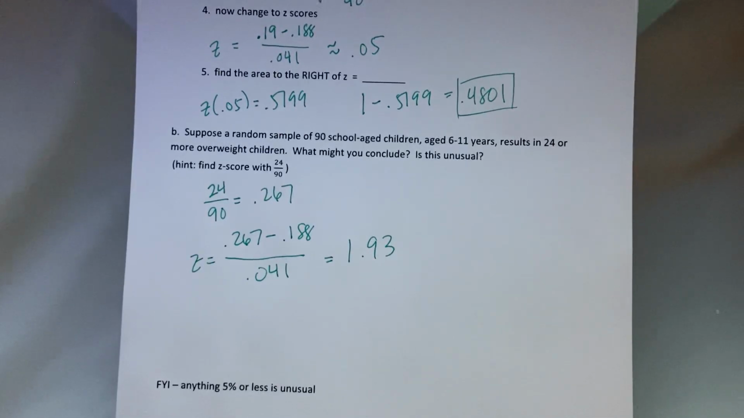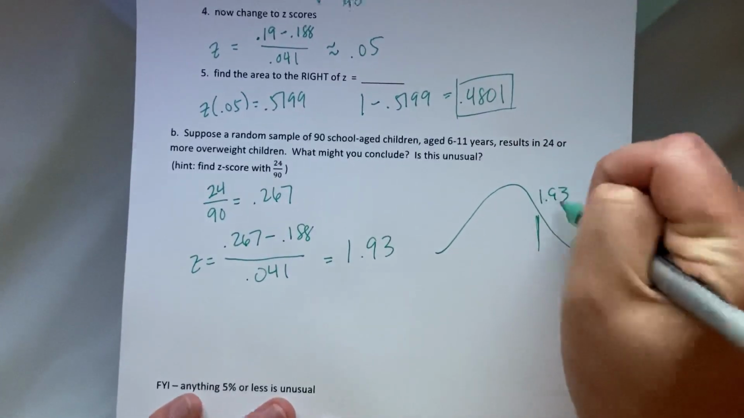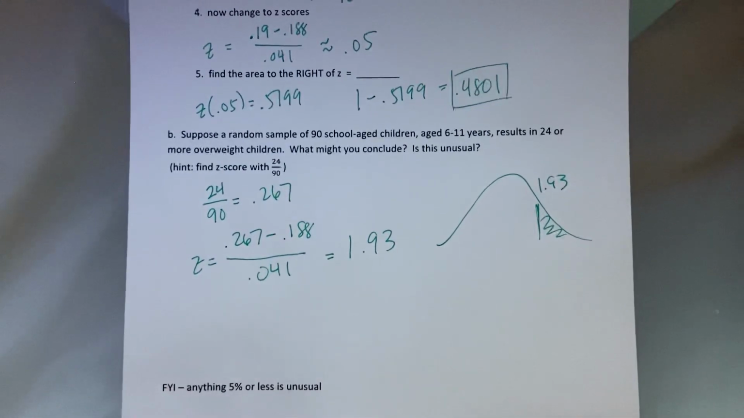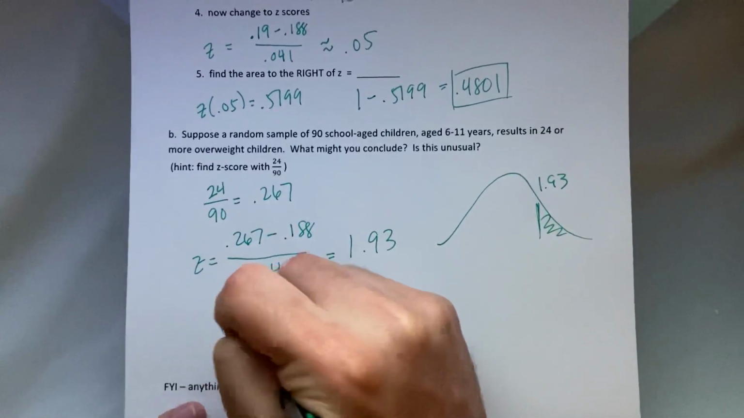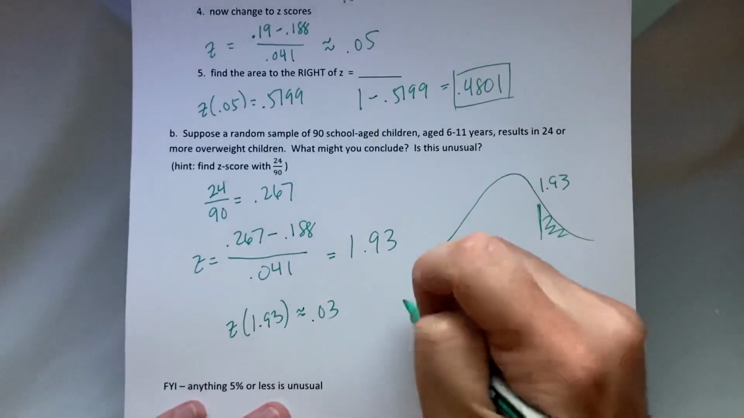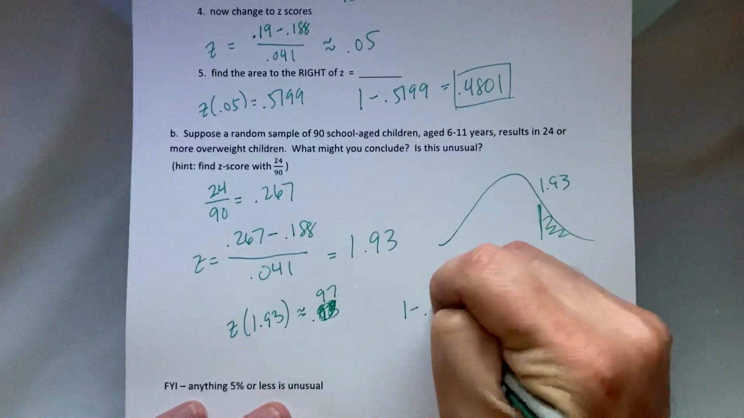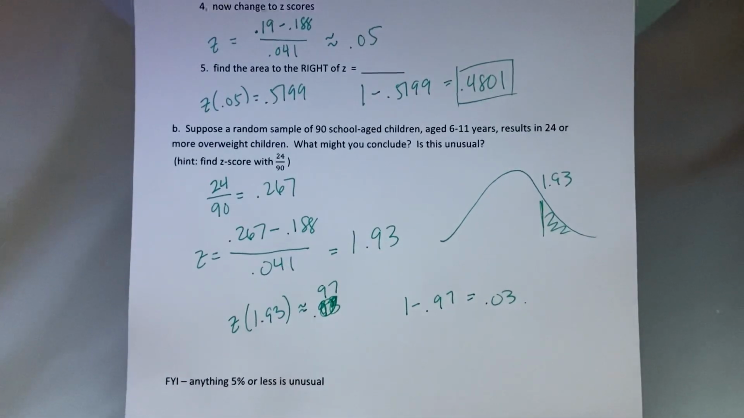So if we look at our table, 1.93, we're looking for what 1.93 is here, to the right. So if we look at 1.93 on the table, we find a decimal of about 0.97. Getting ahead of myself. So what's 1 minus 0.97? 0.03. So is it unusual? It looks like yes, because it has a less than 5%